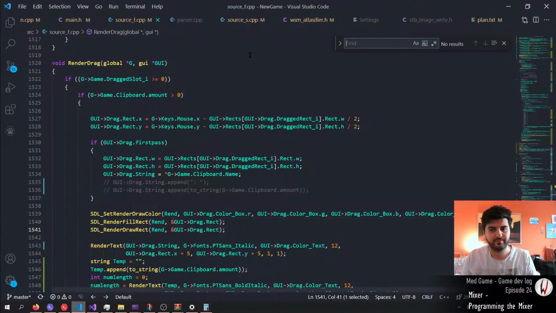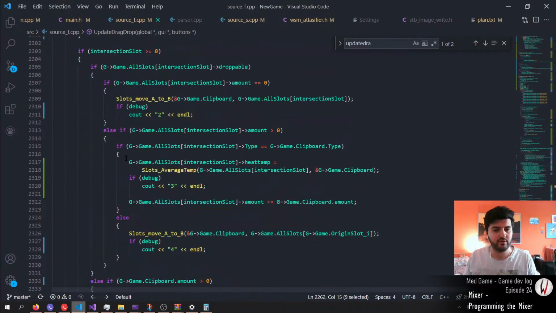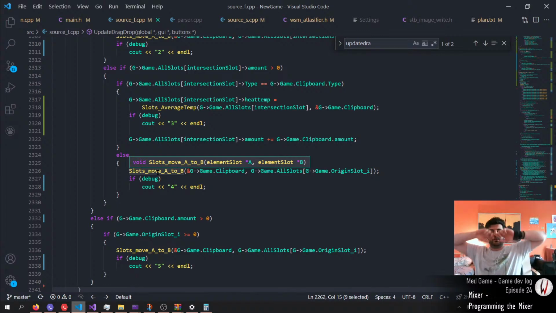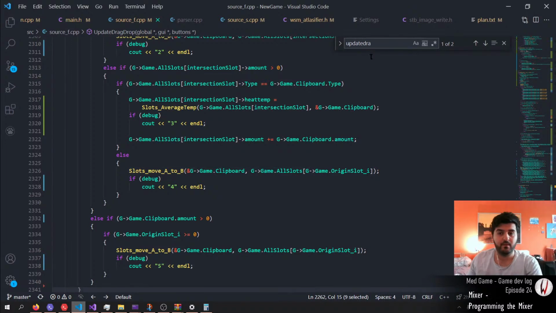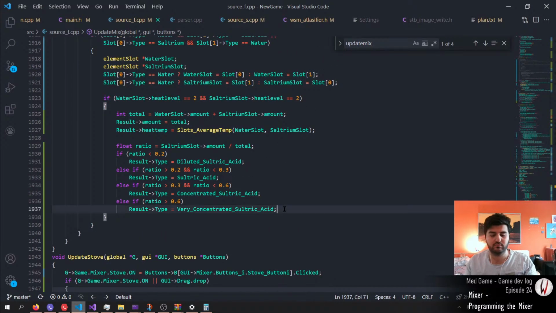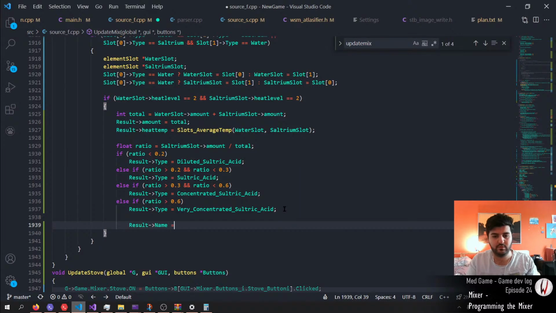Wait, where's update drag and drop? Now if I drop, copy the name. It's the name that's missing. Alright, I gotta check the name. So, update mix. Result dot name equals